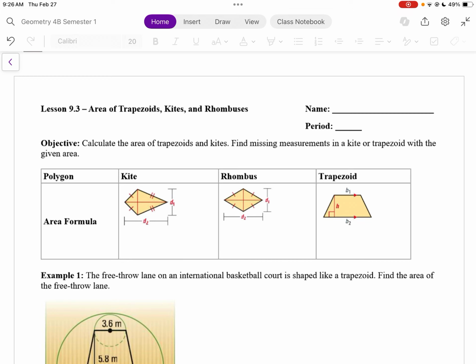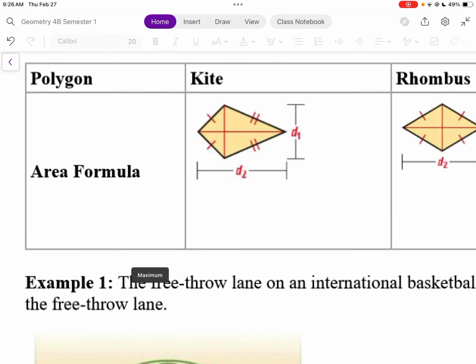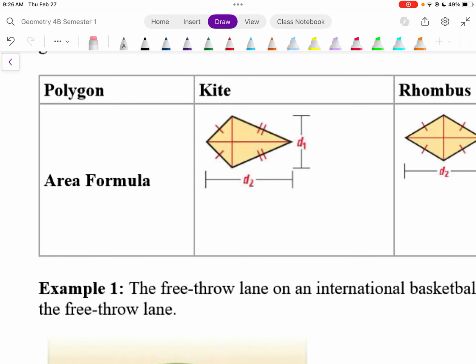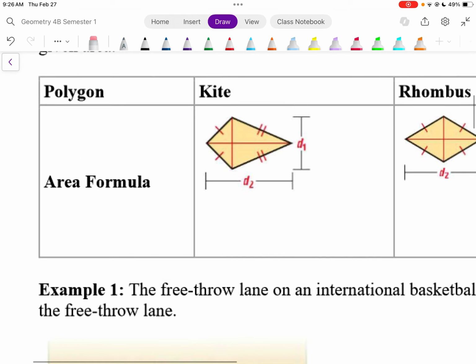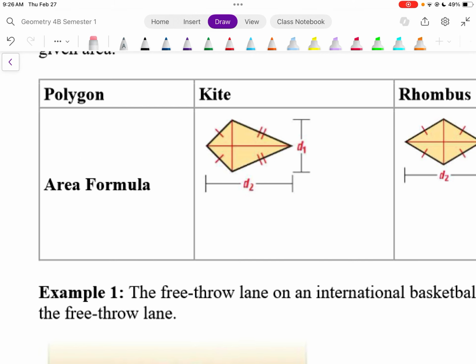Section 9.3 is going to be going over the area of trapezoids, kites, and rhombuses. And these are all very closely related to each other. The first one, the area of a kite, is going to be